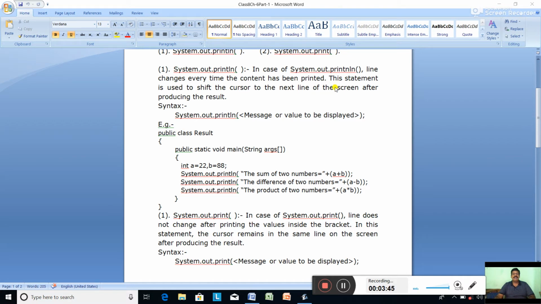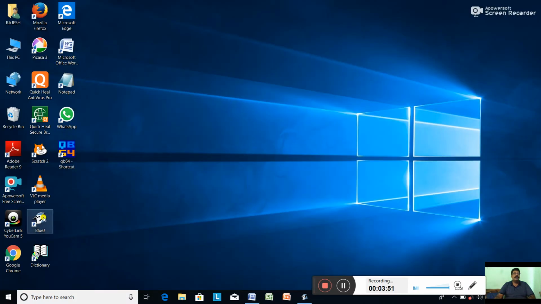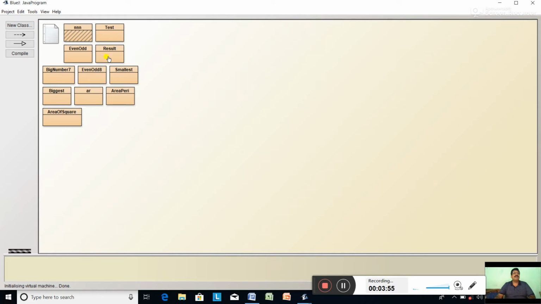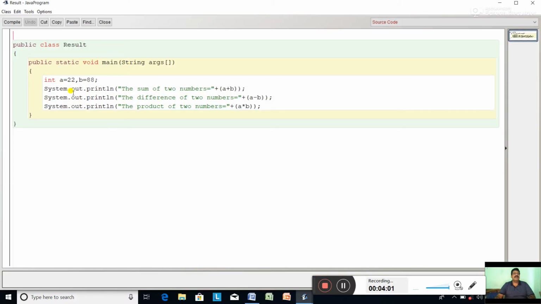Now let us see the same program in BlueJ. In the BlueJ, how to do it? Open the BlueJ. The program is already typed, result. Result is the program. So double click on the result. Now see, same program, int a equal to 22, b equal to 88.